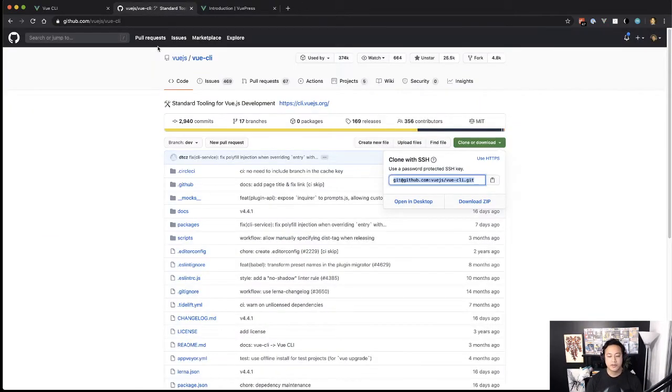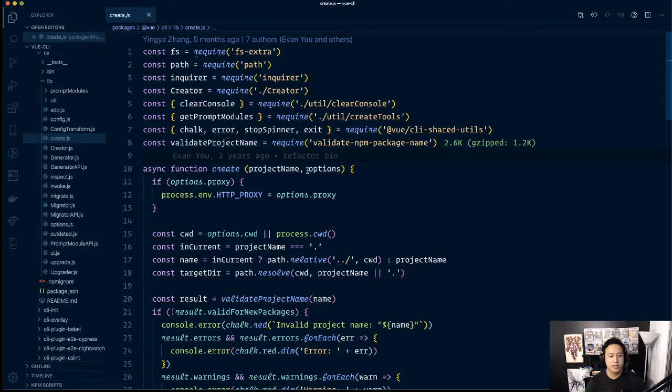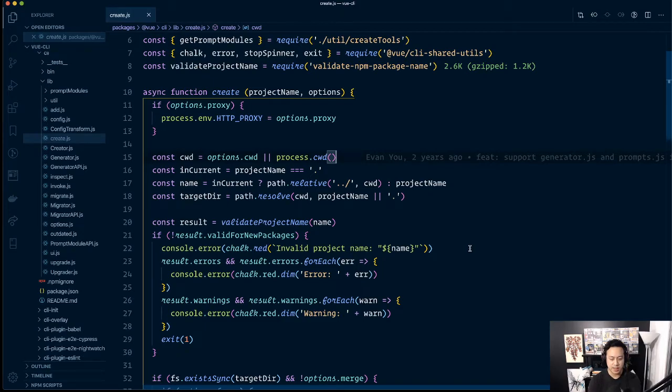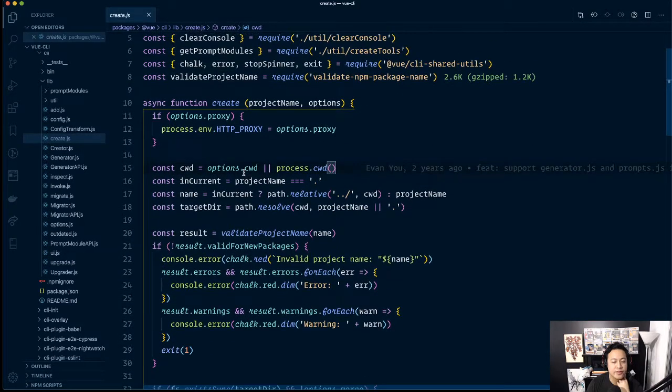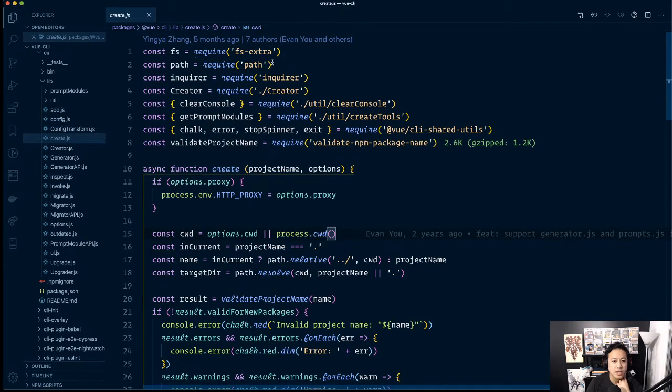So again, taking inspiration from the Vue CLI, which we all know and love, the question ends up boiling down to, well, how does that even work? How do we get it to initialize this piece? So maybe if we're breaking this down in its simplest terms, what I'm trying to do is just find a way to run a command that generates a series of folders and files inside of a directory, right? Given an existing project. I've played around with enough Node code to know we're doing a lot of things with FS here, which, for those who haven't, is basically the file system. It often allows you to do things